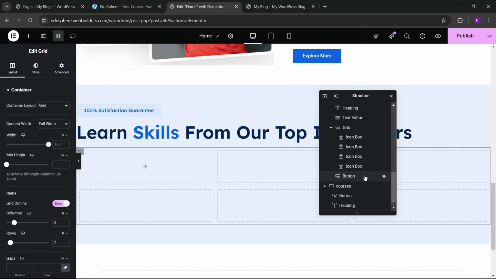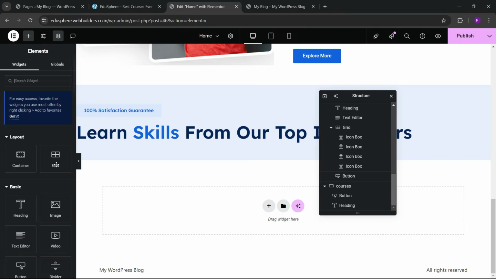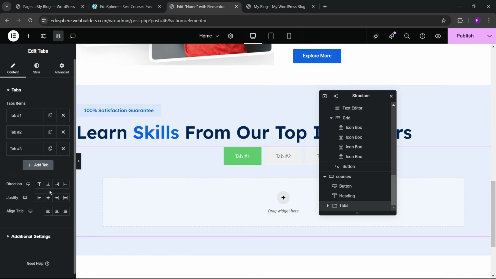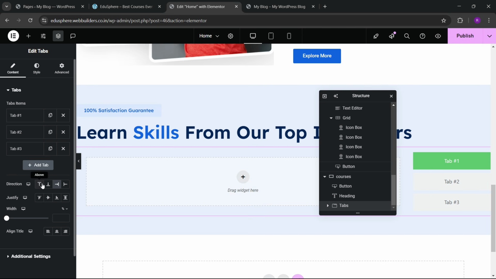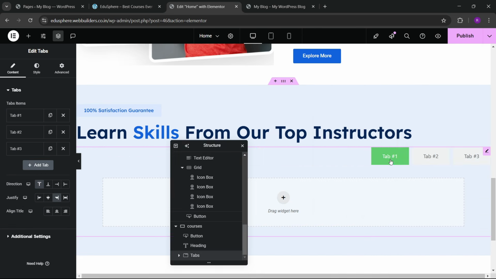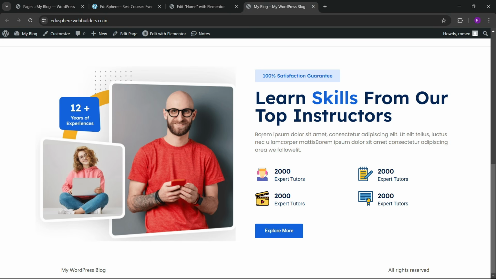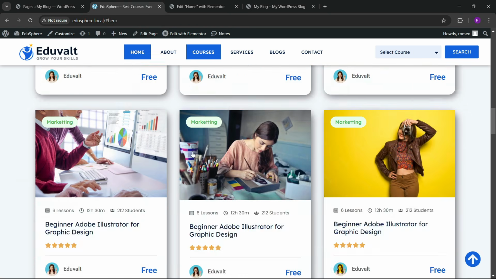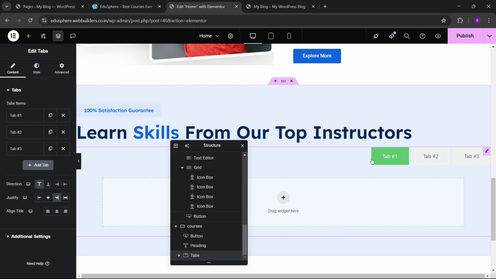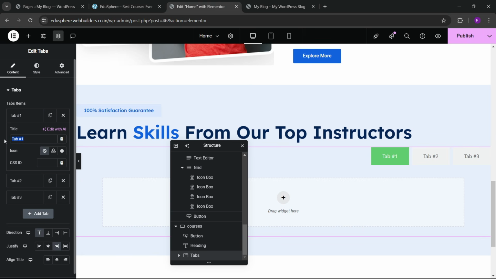Okay, so instead of the grid, let's use the tabs here. So we can go here and search for the tabs. We can drag and drop these tabs here, and here you can see that we have this type of tabs. We can have this like this, or this, and this. So we can have this here. So now you can see that we have here this one, and here we have all courses, business. So let's go to the tabs first, and here we're going to write